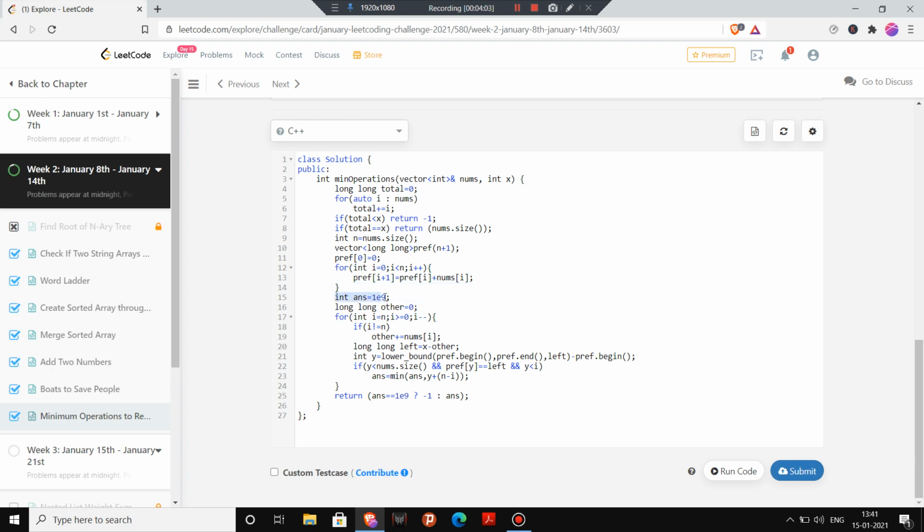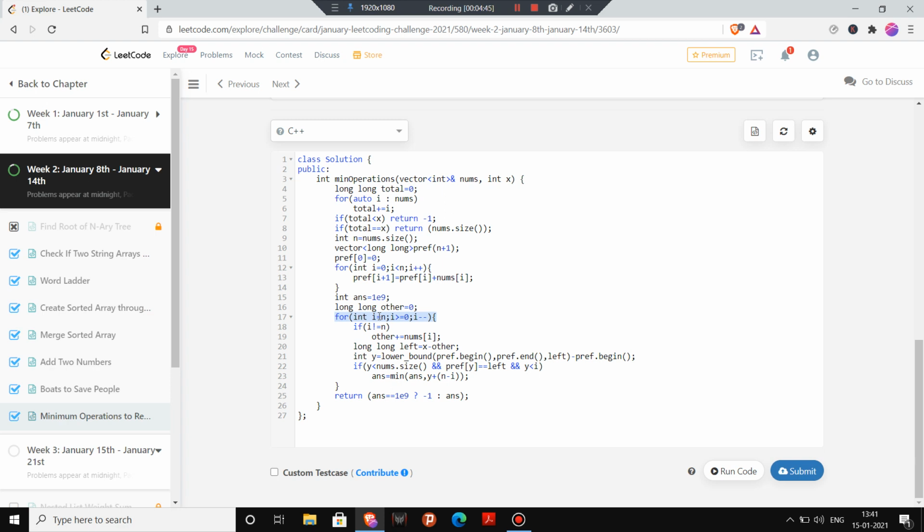Now I have taken int answer equal to 1e9. You can take int max also, both are the same. Now I have taken long other, what is the other? Other is going to be the sum we are having from the right. Okay, now we are iterating through the array from backwards, and we note that we are starting from I equal to n. So why I equal to n?